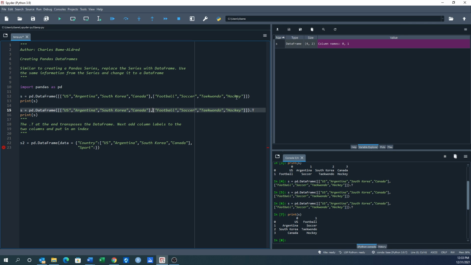So I'm going to copy my sports in the square brackets versus retyping all of that. Okay. That looks about right. Let's hit print